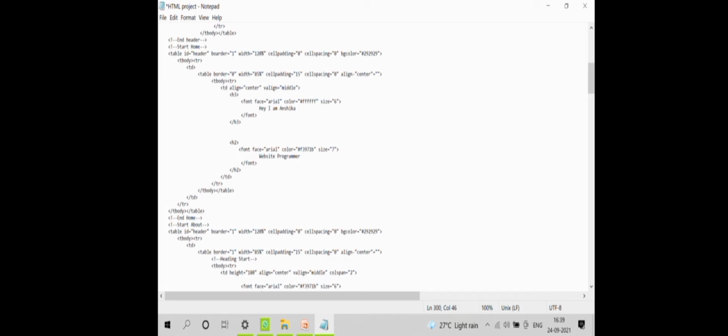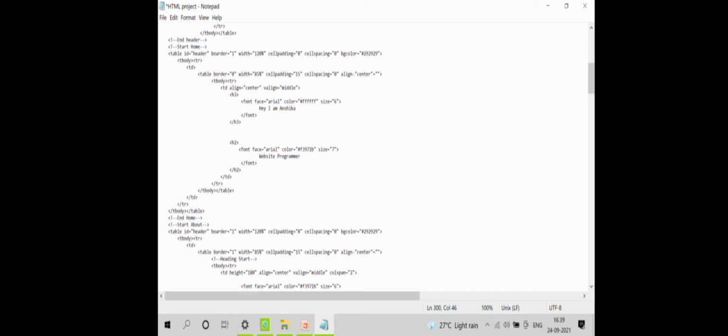Here we take heading. H1, H2, H3 are all our headings. So here TD close, TR close, then table close. So now end home, then start about. Now start about.